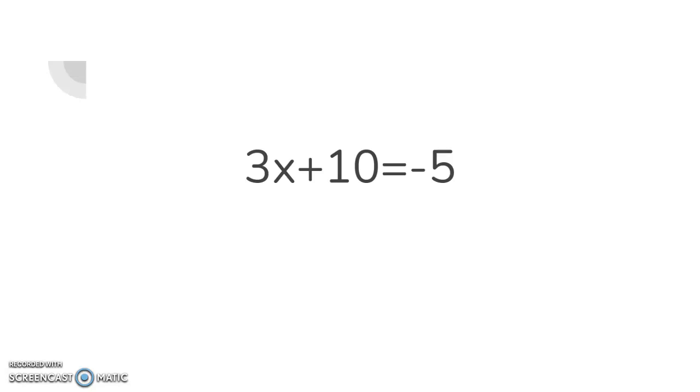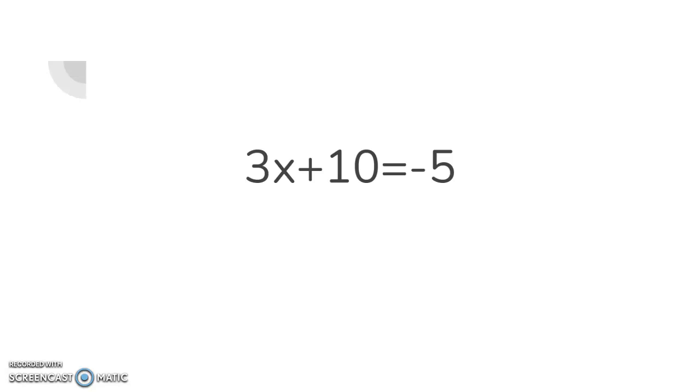Now we have 10 and negative 5, and now we want to simplify the constants. But a thing to know is that you don't want to take away the negative 5 from the right side, because then that will be equal to 0, and we don't want this equation to be equal to 0. Maybe in another type of equation, but this one, no. So we're actually going to subtract the bigger number. So we're going to do